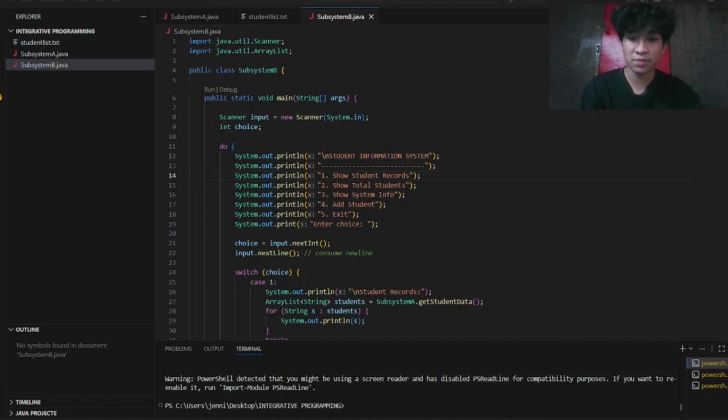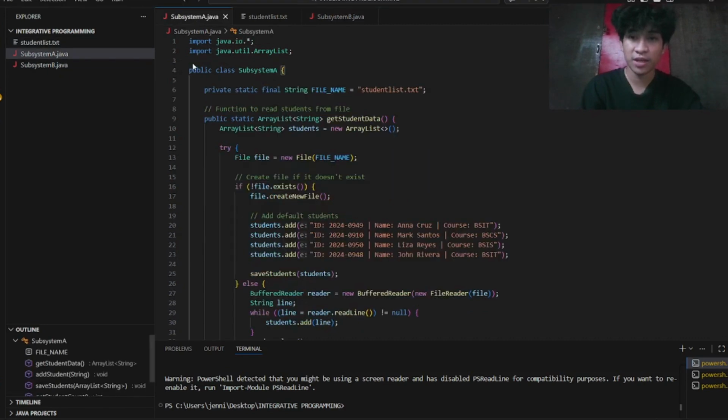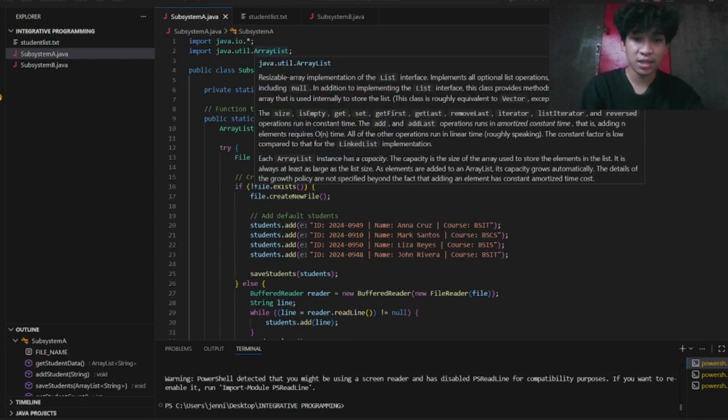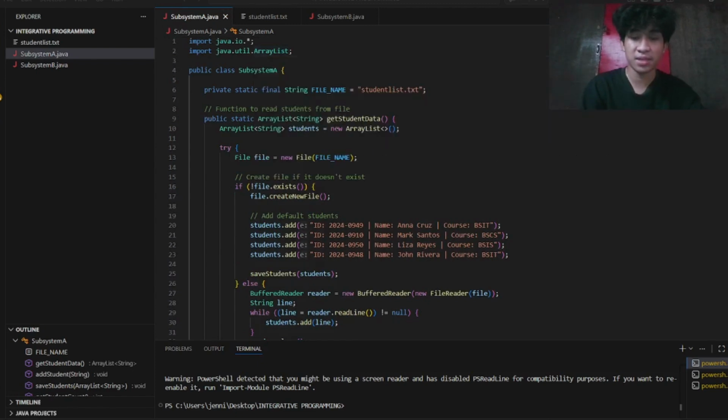So subsystem A, which is the data provider. Java IO is a library that allows the program to read and write files, while an ArrayList is used to store student records in a dynamic list.